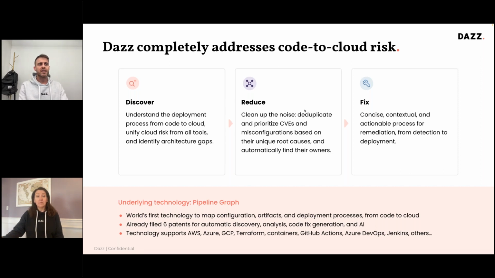So with all of the contextual information and the concise, exact findings that we show in our remediation process, this gives us the capability to come to those teams and say, hey, this is the information, we know who the owner is, we know how to fix it, so these are the remediation steps that you need to take. And that reduced dramatically the time that it takes to identify, to discover, to reduce, and to fix. So these are the three important themes that we're focusing on.